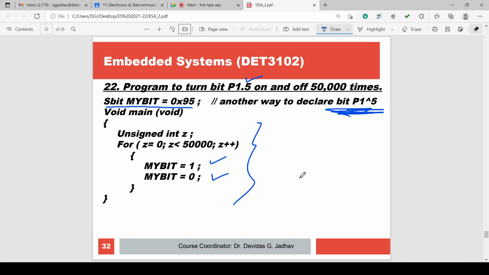So either you remember these addresses, or you can directly include the header file reg51.h. Include this, or remember this detail. Or otherwise, once you include it, we can have P1^5. You can use this.